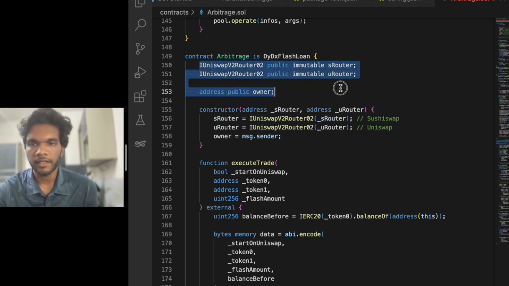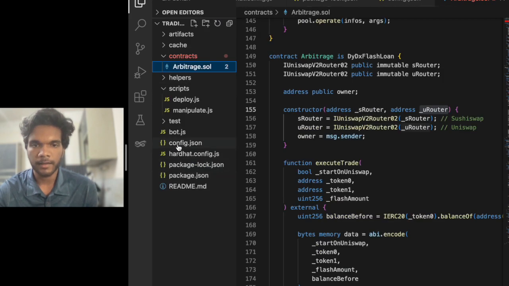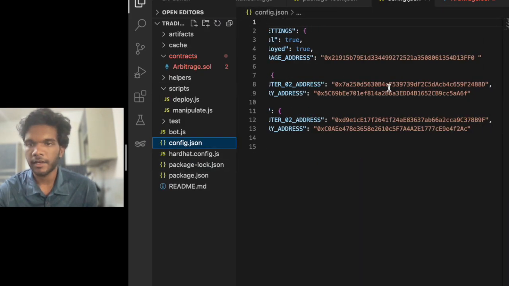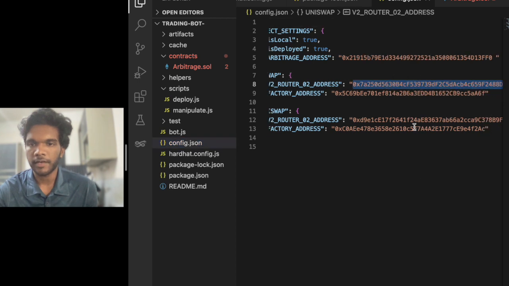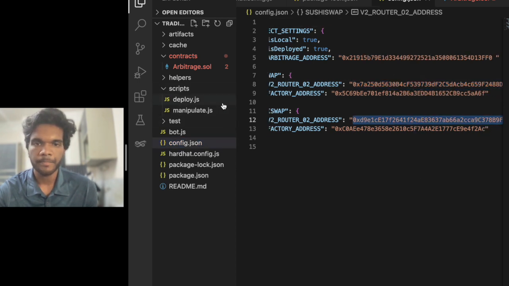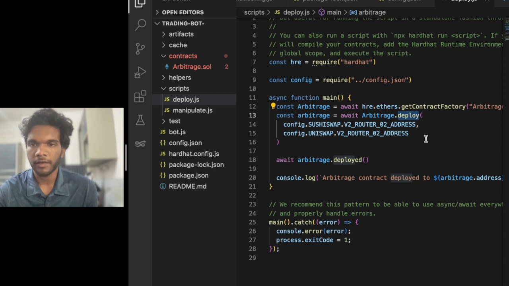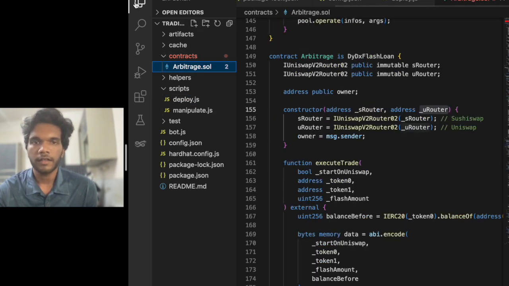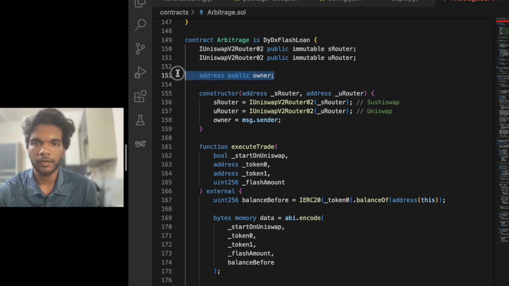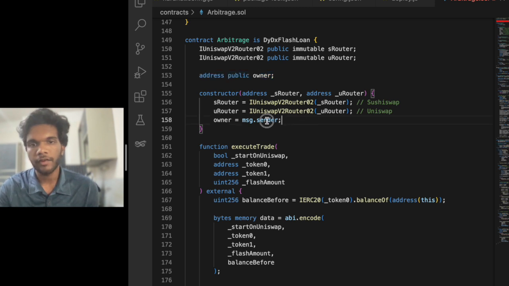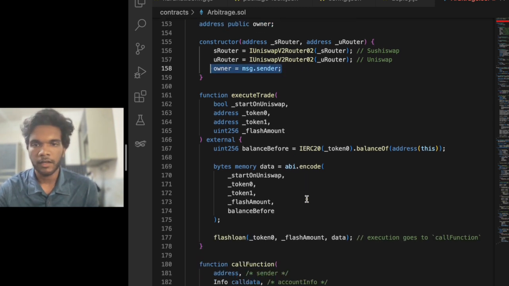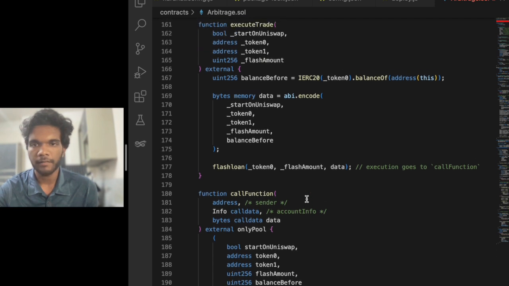And we are implementing the interfaces, and we are going to initialize the two routers by passing the address of the S router as well as the U router. You can see this in config.json. Here I'm just mentioning the router addresses, which we will pass during the deployment, right? Also we are defining an owner state variable, and while deploying this contract, we make ourselves the owner, and we have the execute trade function, which calls the flash loan